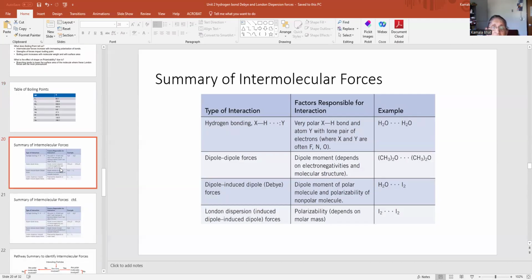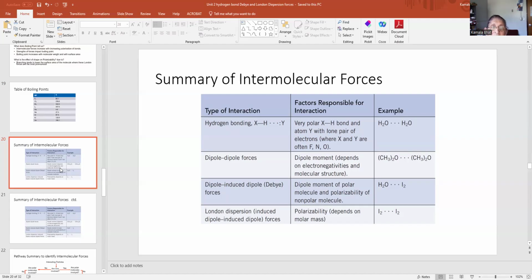Now, once we've done all the summary and studied how the forces are brought about, we have just a brief recollection of a summary for the intermolecular forces, so that it becomes very helpful and useful in deciphering and determining what type of bond is present between different types of molecules based on their mass, their boiling point, etc., which are basically physical properties,